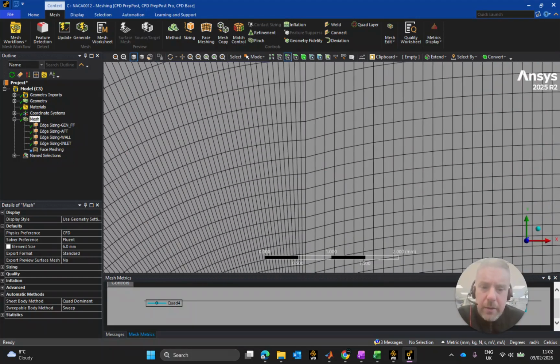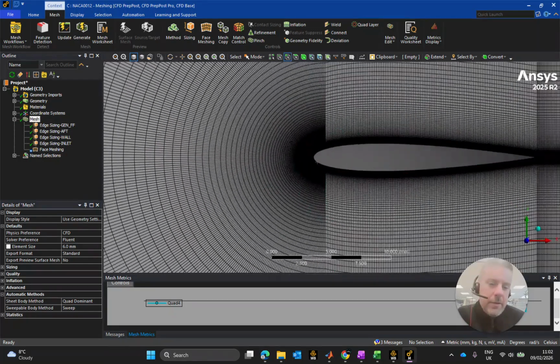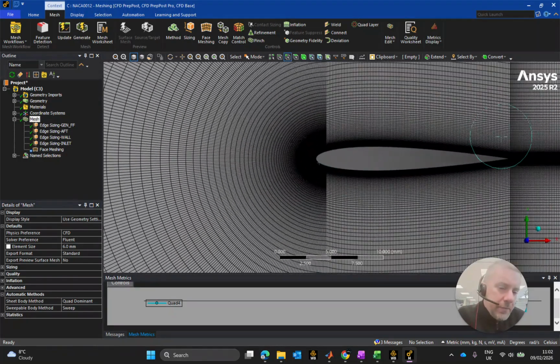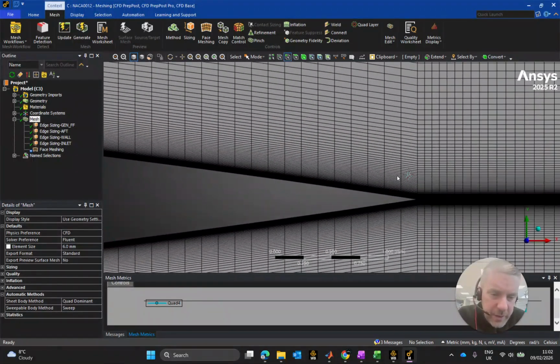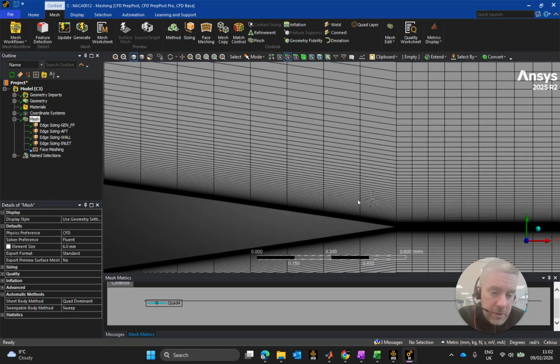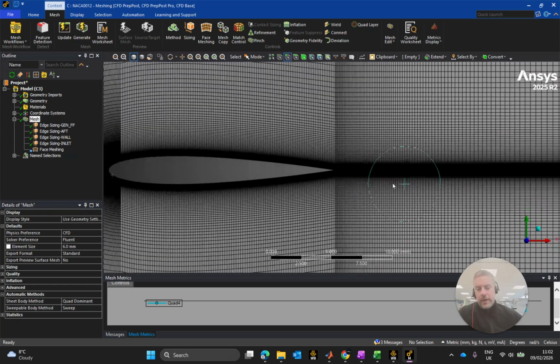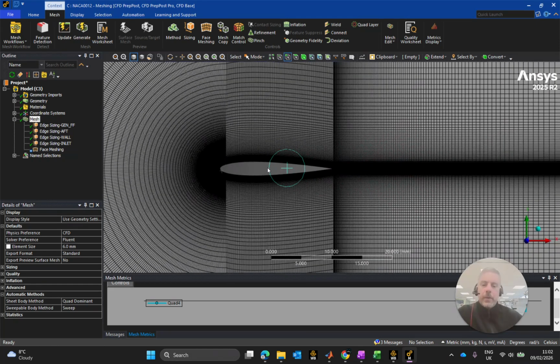But again, up there is a region of relatively low interest whenever we compare it to what's happening in and around the airfoil. So as I said in the last one, there is always going to be room to improve, and one of the easiest ways would possibly be to double the number of divisions along the airfoil itself. However, the GCI from our mesh independence study, when we had the NACA0009 airfoil in here,